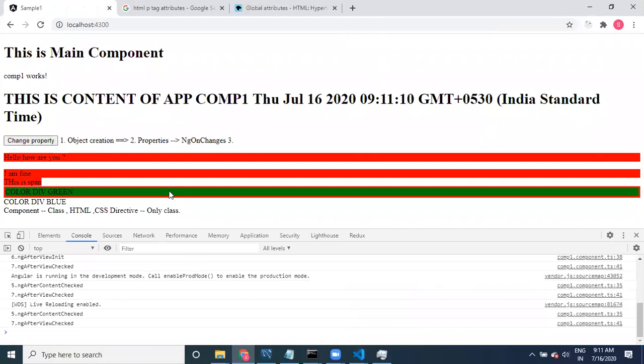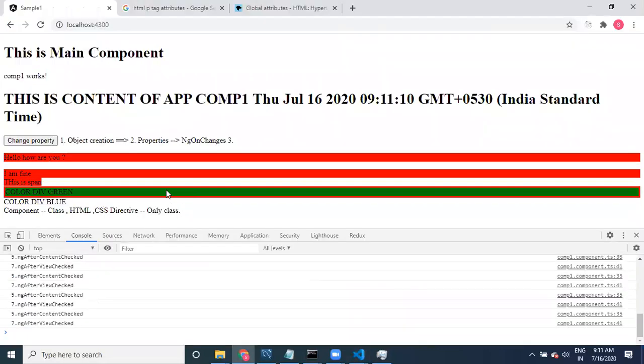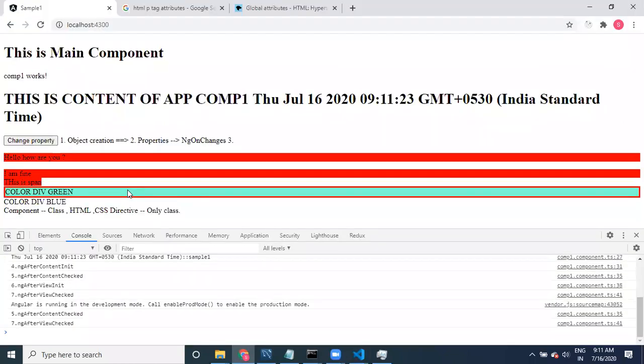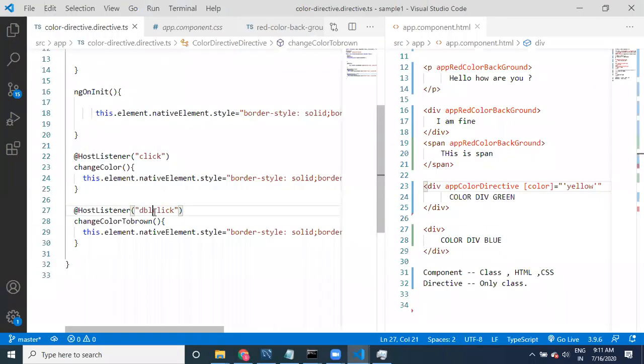Oh, it is not taking double click. Maybe dblclick or something. Yes, dblclick. That event name is dblclick. When dblclick happens, then this method is going to execute.